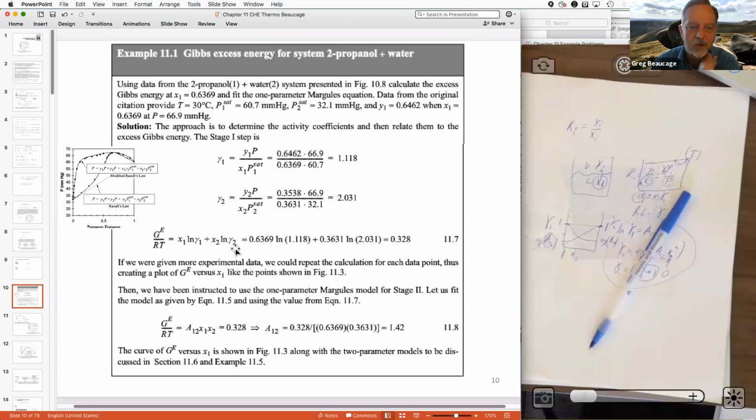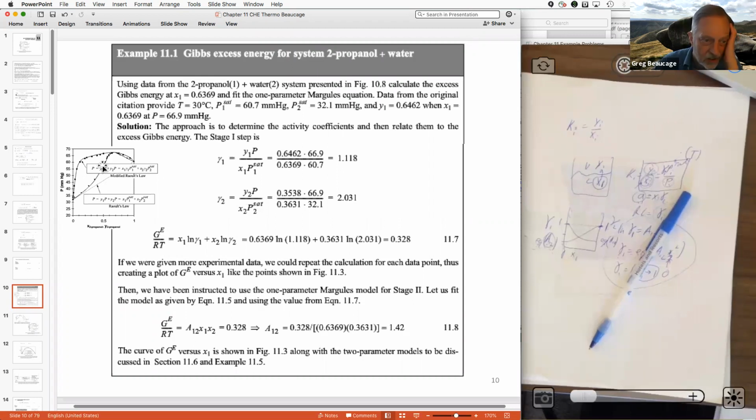So once you have the two gammas, you just plug and play, and you get the excess Gibbs from that. If you have the excess Gibbs and you know the two compositions, so x2 is 1 minus x1, you know x1, and you know the excess Gibbs, you can calculate what the A12 is for this case, although he doesn't ask for it. But you can just solve this equation to get the Margules single parameter. Turns out to be 1.42,